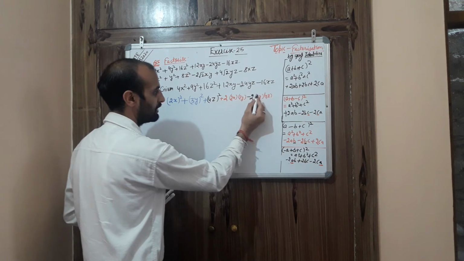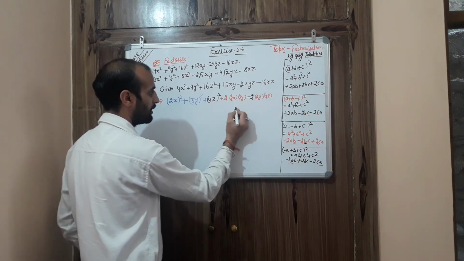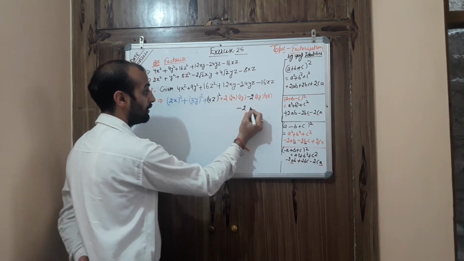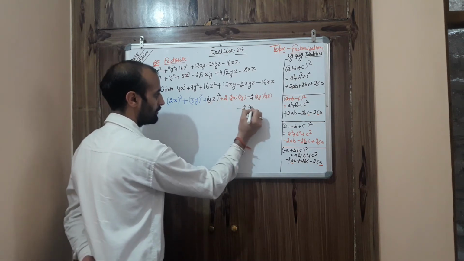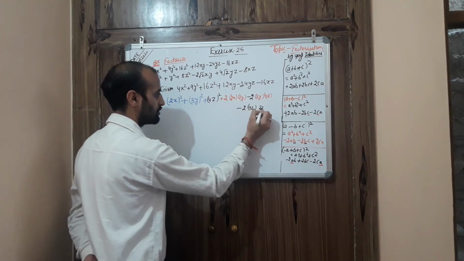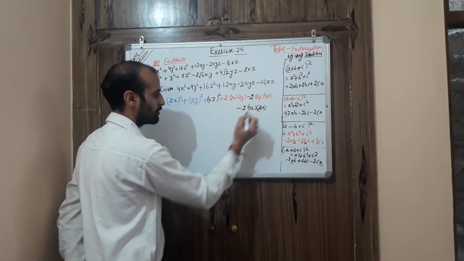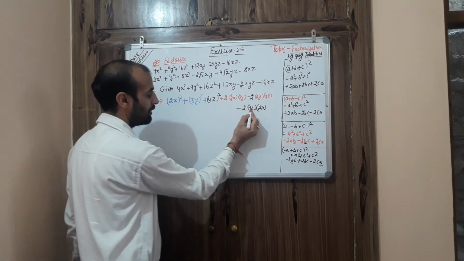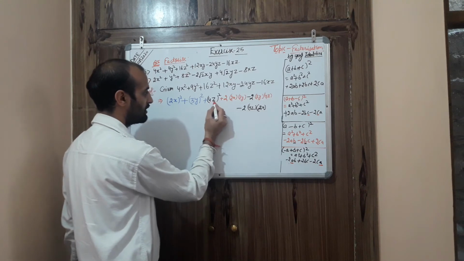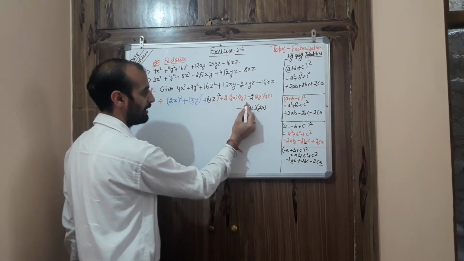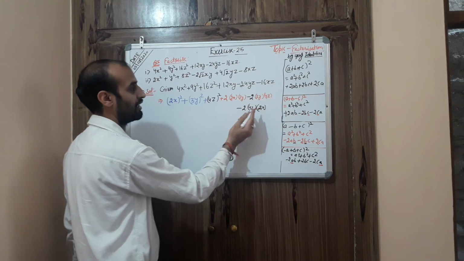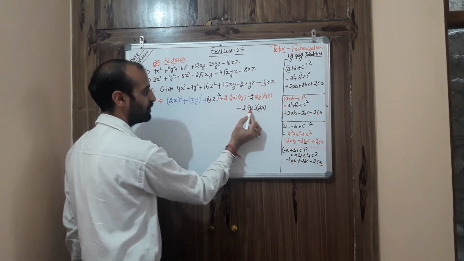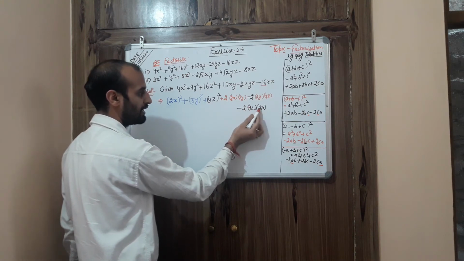You can see once again, 2 times 3 is 6, and 6 times 4 is 24. Last is 16, so I can write 2 into the value of the last term, 4z, and the value of the first one, 2x. Once again multiply: it will be 2ca, where c is 4z and a is 2x. Just multiply: 2 times 4 is 8, 8 times 2 is 16. Overall, I have split this 16 in this form: 2 into 4 into 2.